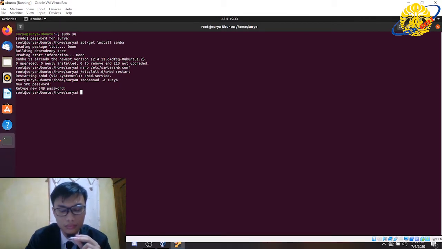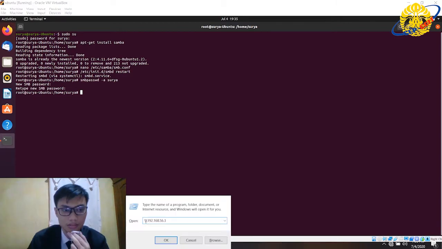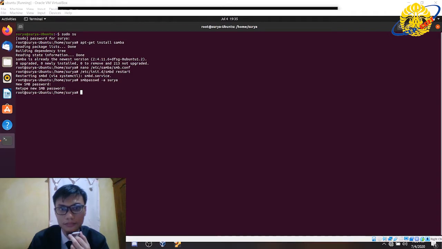Okay, this is how to access the Samba server. Like type slash twice and type the IP address of the Linux server and then okay.